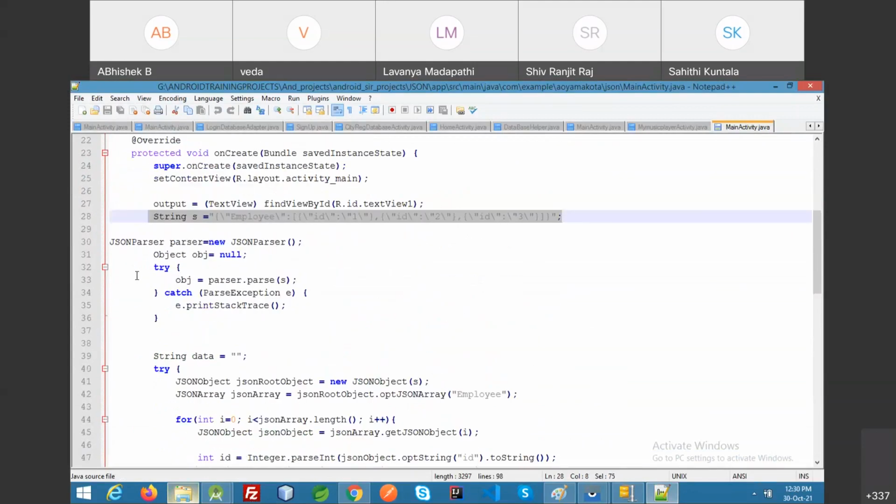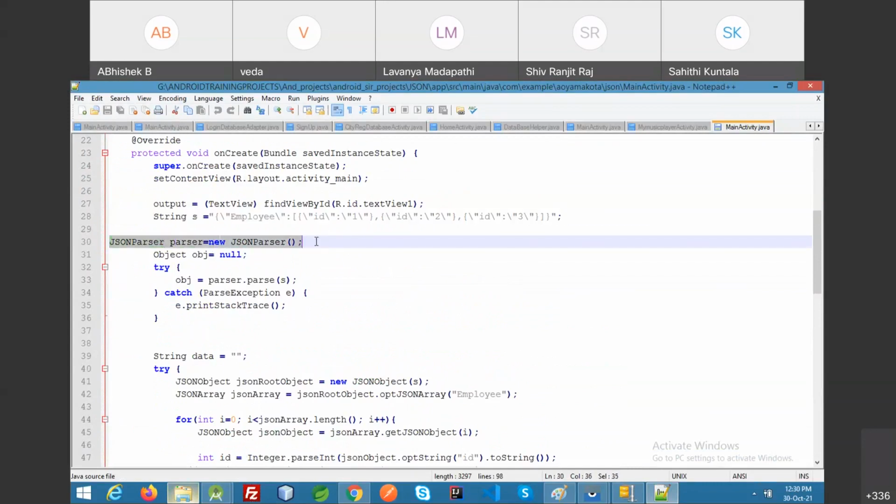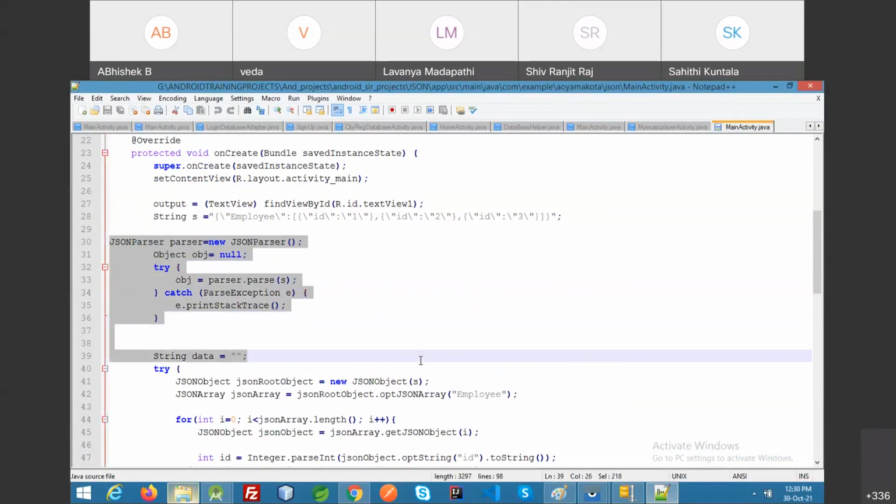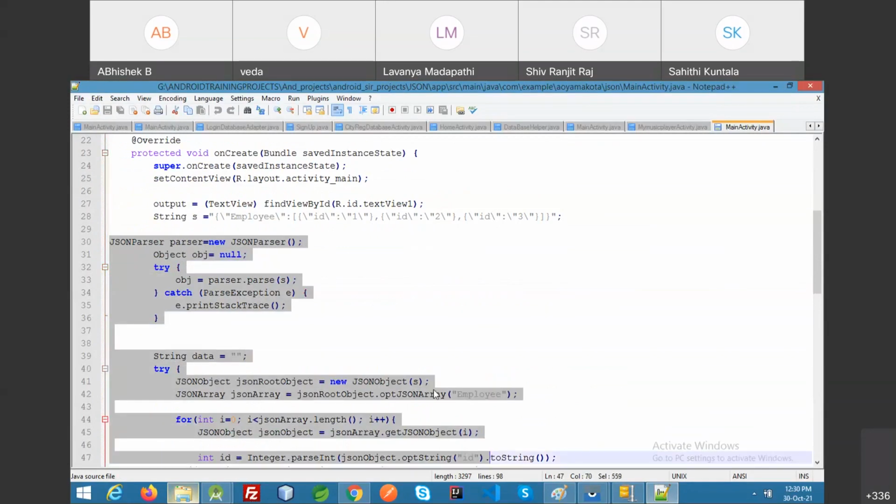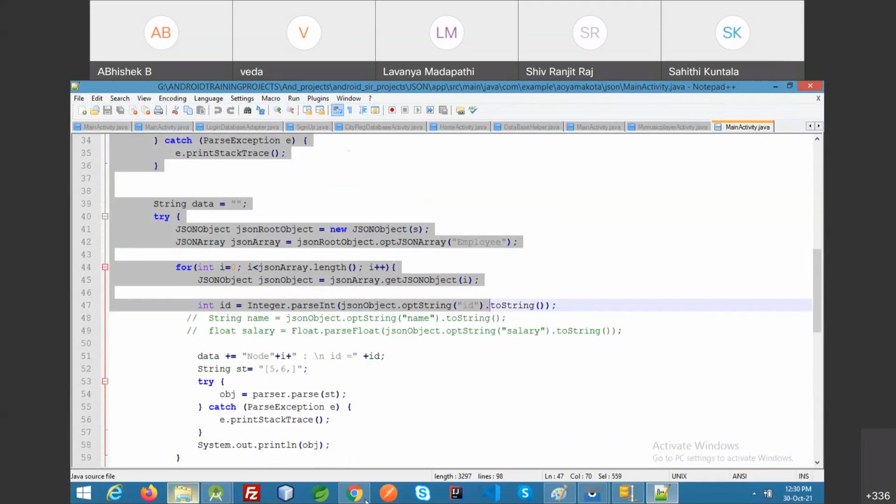This was the older way which we used in 2014, 15. But now we have libraries for JSON parsing.